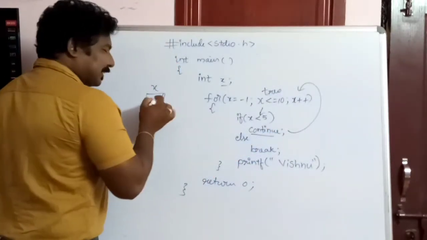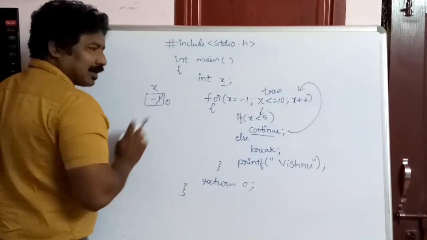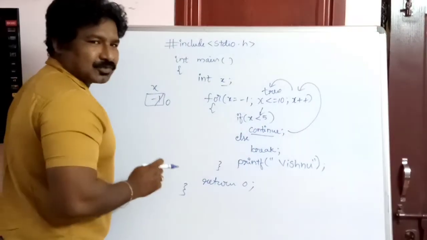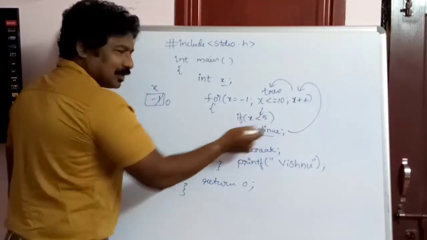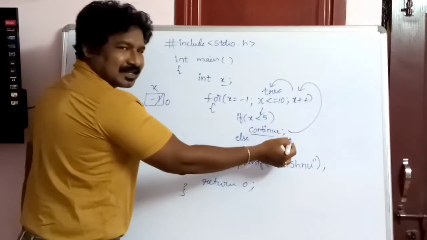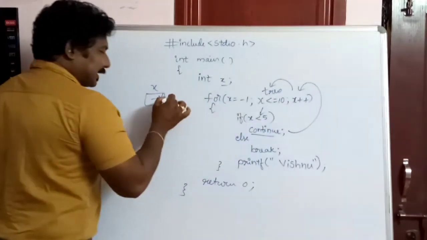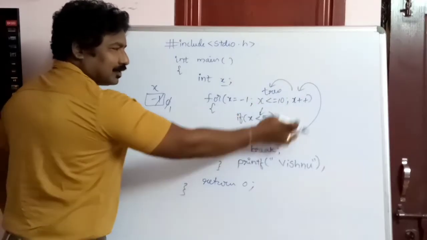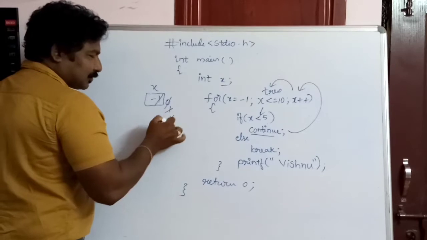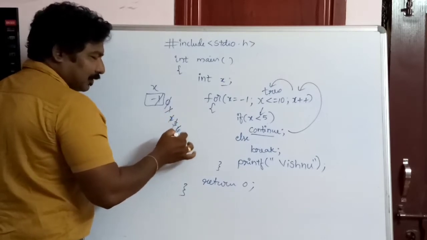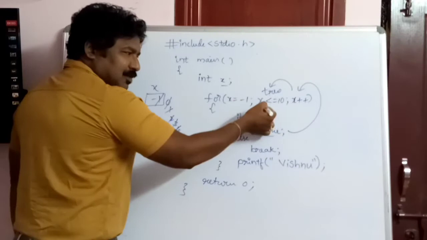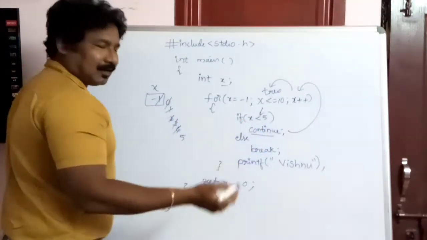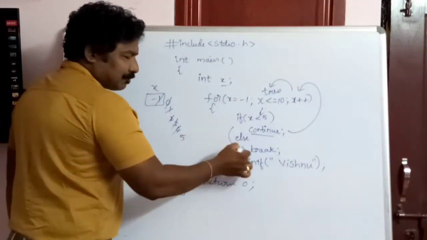So x gets incremented, so -1 plus 1 means this will become 0, and again we come back here, and 0 less than or equals to 10 is true, and again we come here, 0 less than 5 is true, and again continue is executed. So we'll again go here and x will become 1. So 1 less than or equals to 10, then 1 less than 5 true, and continue. This will continue for 1 2 3 4 5. For 5 also, 5 less than or equals to 10 is true, will come here. 5 less than 5 is false, so we'll come to a break.